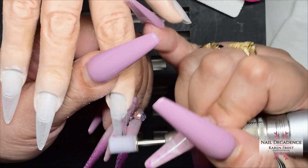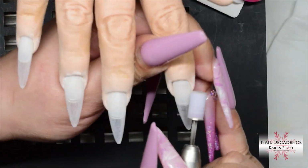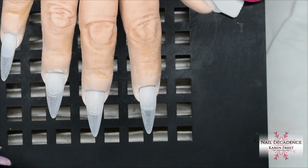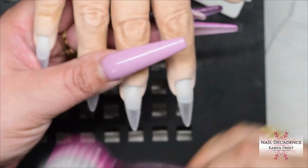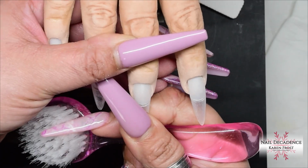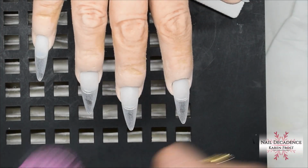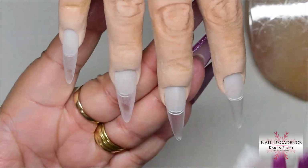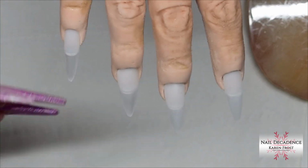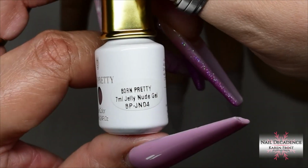So then after I've gone around that cuticle area, I'm just whizzing over the surface of that nail tip to remove the shine, because as we all know, or if you don't know, gel likes to stick to something, and if the surface is too shiny and too smooth, it doesn't have something to really grip to and can peel off. So to avoid that happening, just remove the shine from the nail tip